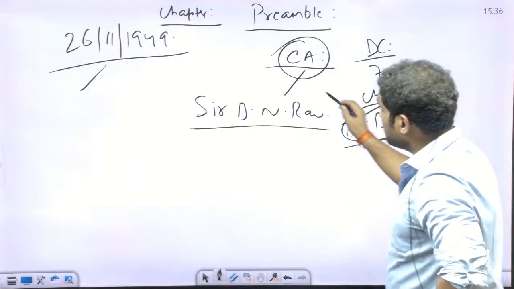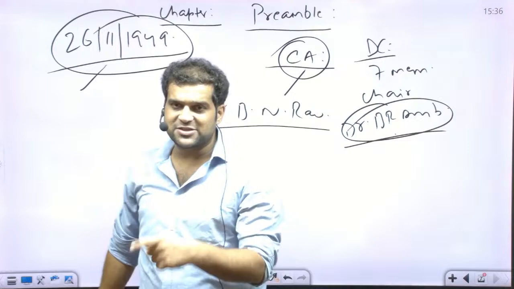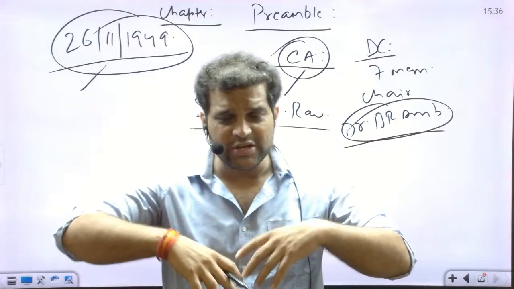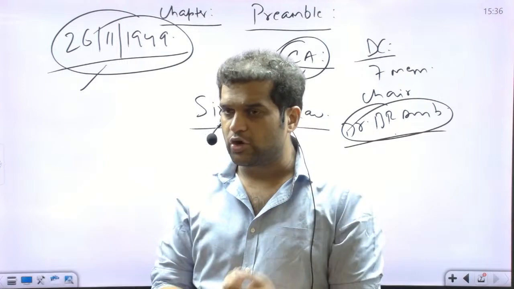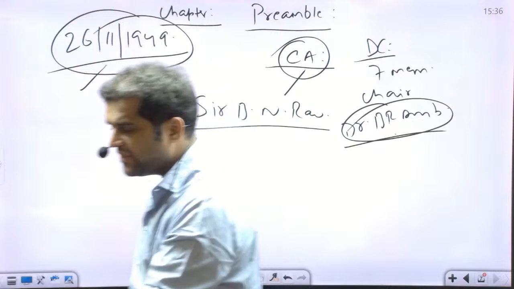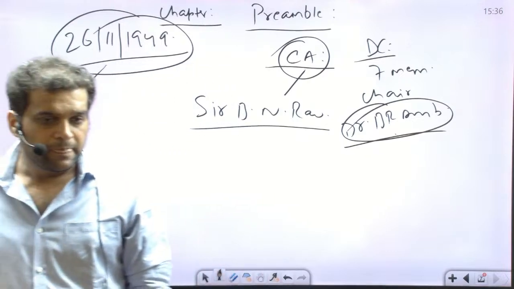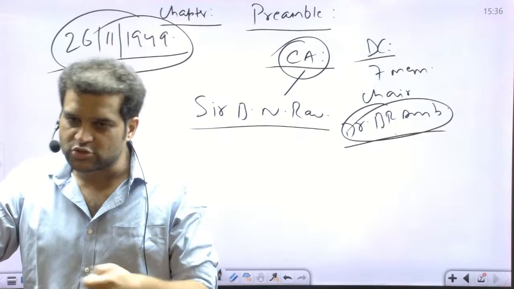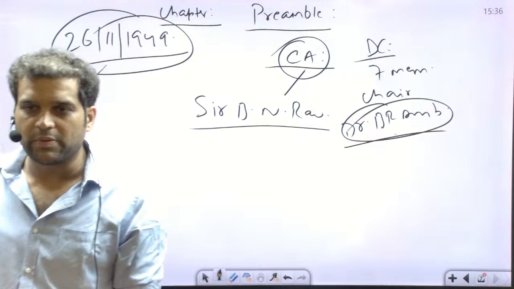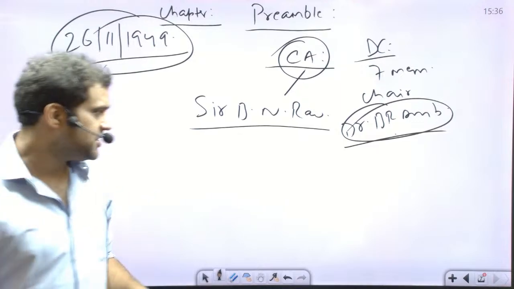So the drafting committee was ready with our constitution on which date? On 26/11/1949, and this date has been mentioned in our preamble. And what is preamble? Preamble happens to be a short summary or a short introduction of our constitution. Yes, but there is a bit of history related with the evolution, amendment, and the overall structure of the preamble, as to how it came about, and the various Supreme Court judgments regarding the existence of the preamble. So let's see them.